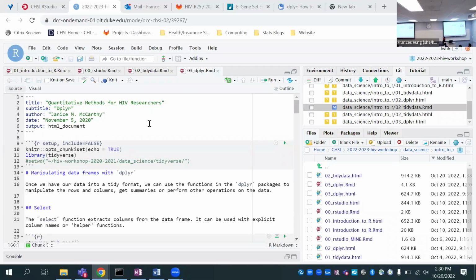Okay, so for this tidyverse practice, we're going to be using the Star Wars data set, which is just a big compilation of Star Wars characters and some basic information about them. So go ahead and make your own copy of 03_dplyr.